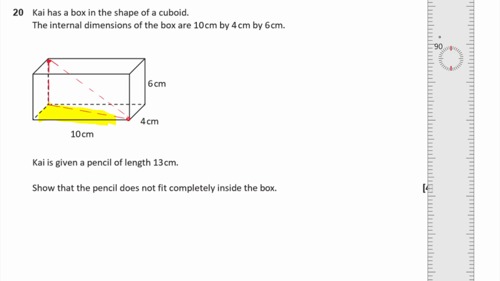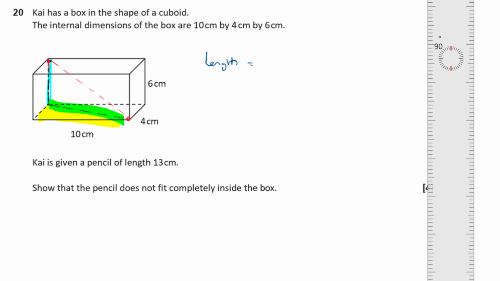Okay, so work out, because you know one side is 10 and you know the other side is 4. So if you use Pythagoras Theorem to find this length between the two, that diagonal across the bottom, and then we already know this side, so then we can use Pythagoras Theorem again with our found side to find it there. But the easier way is to use the length of the diagonal using the 3-dimensional version of